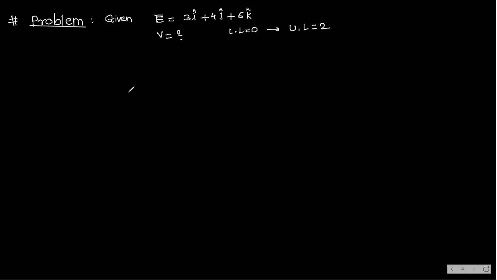Now, what is our formula? Phi is equal to integration of dV from 0 to r. So here we do not need this side, directly I am writing phi is equal to minus of integration E bar dot dr bar, and the limit is 0 to r. So 0 to r means here 0 to 2, E bar dot dr bar.